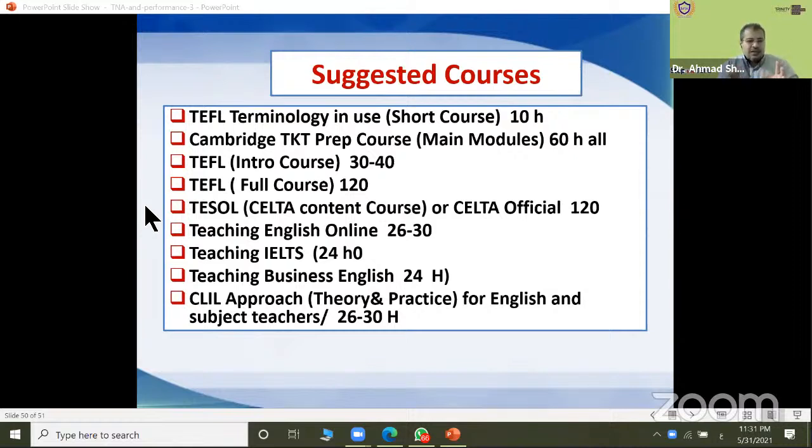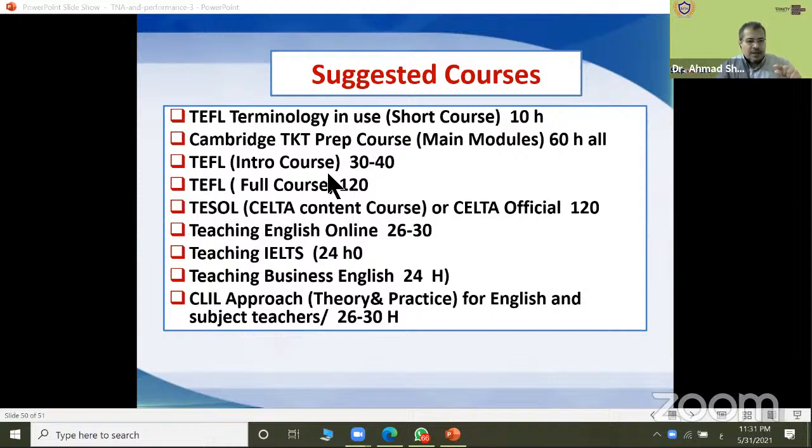It has a glossary of the terminology of TEFL. You should know it well before starting, because some trainers deal with trainees who have previous background. So you should build your background by reading the TKT glossary, and it's available on the internet. Just type TKT glossary, you will get it in PDF.